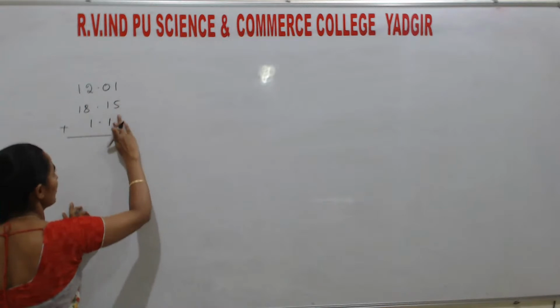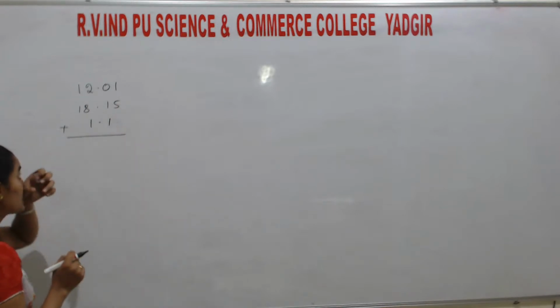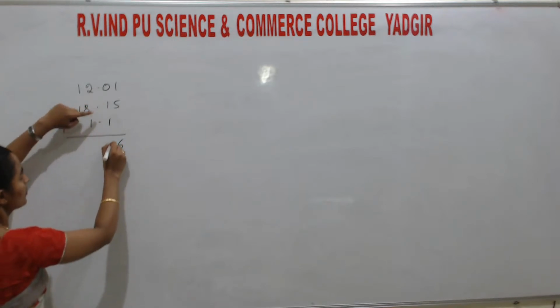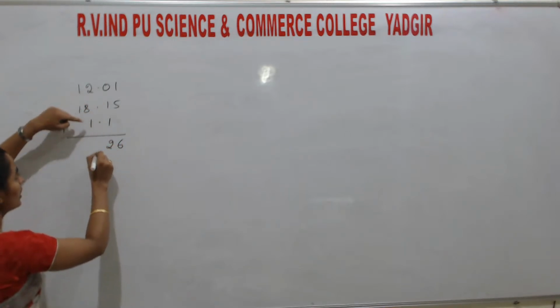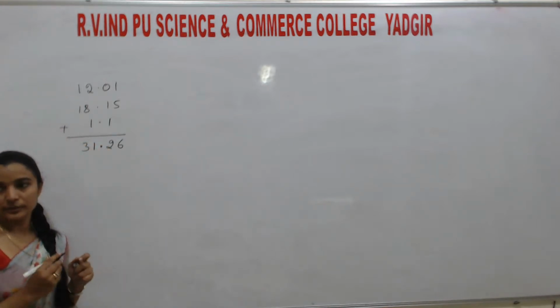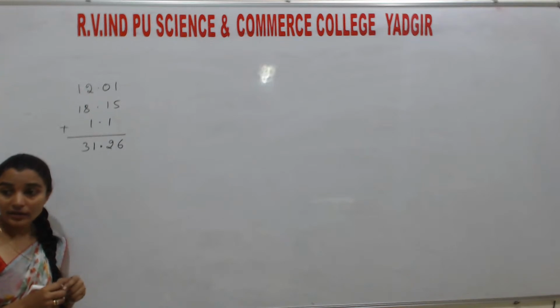You simply add: here it is 5 plus 1 is 6, 1 plus 1 is 2, 8 plus 2 is 10, 1 carry 1. That is 31.26. Correct? But the answer is